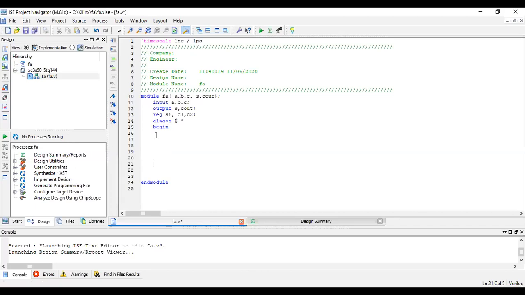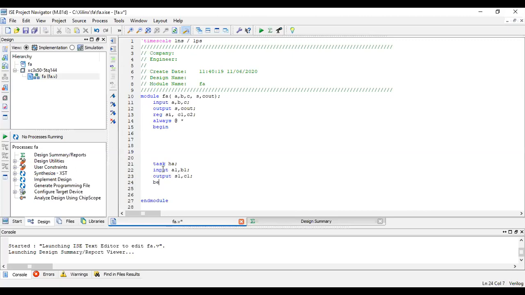Here I'll be calling the task. First I have to write the body of the task. So task, what do we have? Task half adder. We don't declare the size of the half adder; it is only the name. Now what are the inputs and outputs of the half adder? Input to the half adder is A and B. To avoid confusion, I'll take it as A1, B1, because this is local to the task. The output I'll get is sum and carry, S1 and C1.